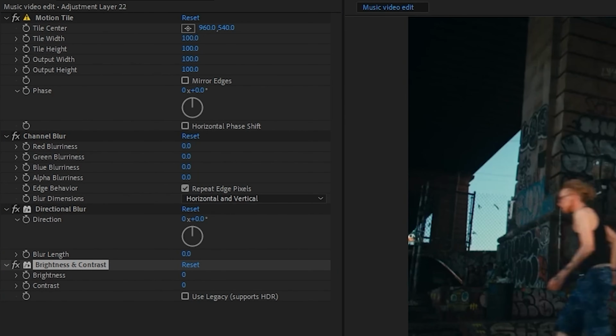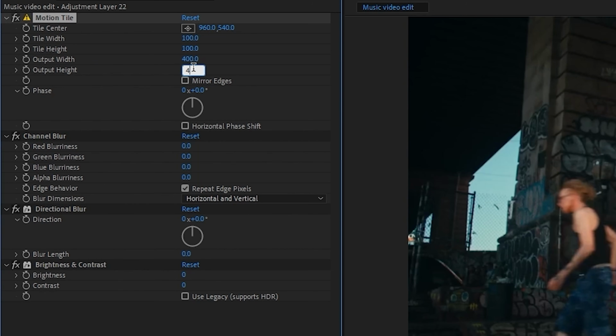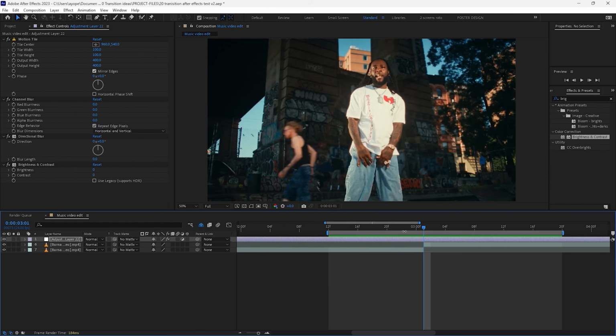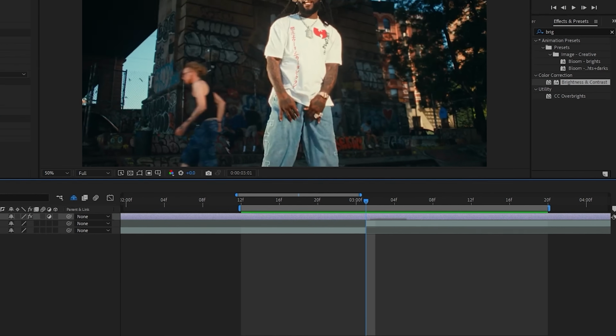Then you're going to set the motion tile, both the output width and the height, to 400. And make sure that mirror edges is enabled. Then you're going to move your playhead to the point where you want the transition to occur,